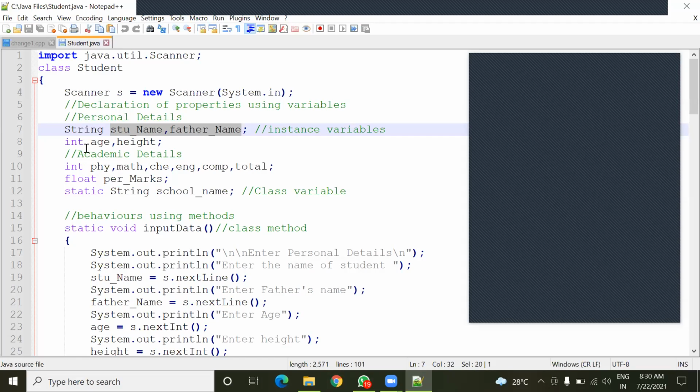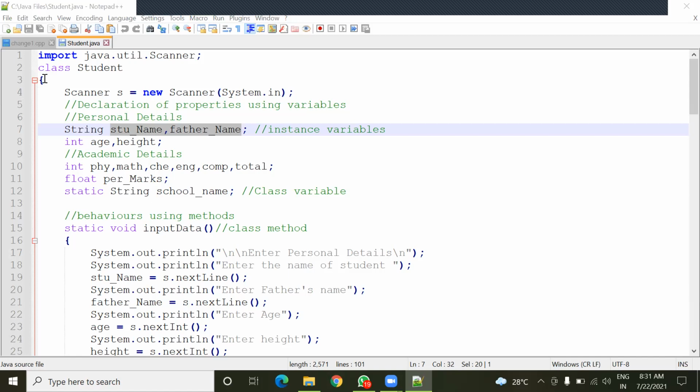Yes, sir. That is why the type here is a string, not int or float. Okay, so don't worry about these instructions, what is written here in this instruction. You will come to know when your class progresses, or again in class 8 also you'll know about these things. Okay, so don't worry about this.